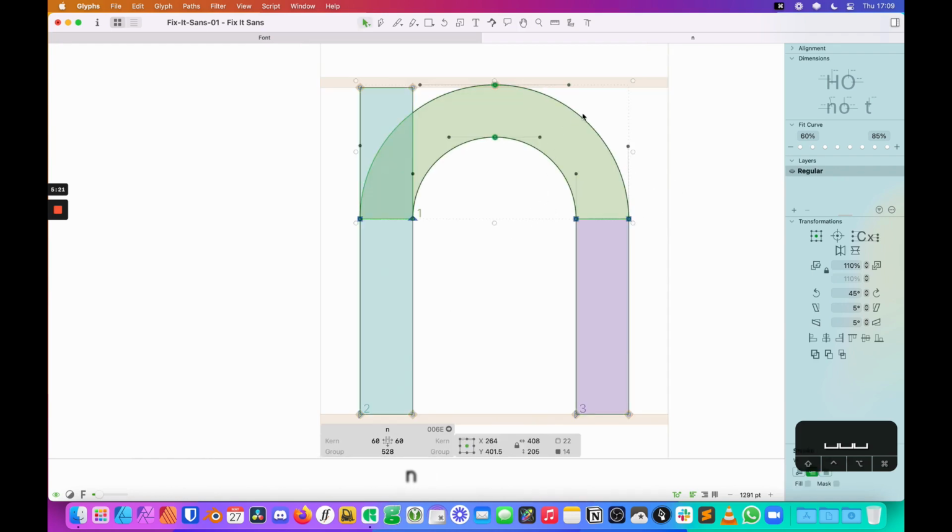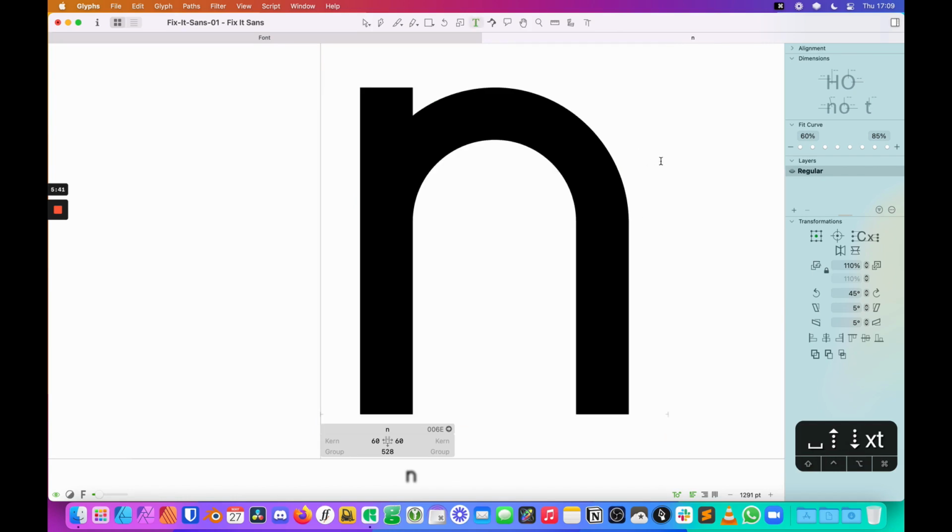So the first thing, and I actually noticed I did muck this up a little bit here, so I'm going to fix this, break it, fix it. I don't know what the right phrase for it is. But effectively what we've got here is a curve that goes over and creates the actual N shape. But when I look at it, even though technically the top of the stem and the top of the curve of the N are the same height, they hit the same point at the apex and then the top here, this part looks lower than this part.